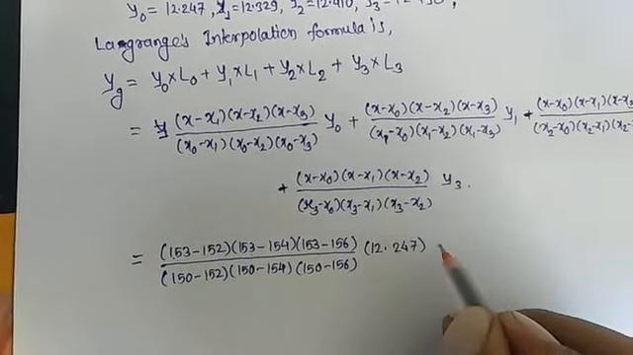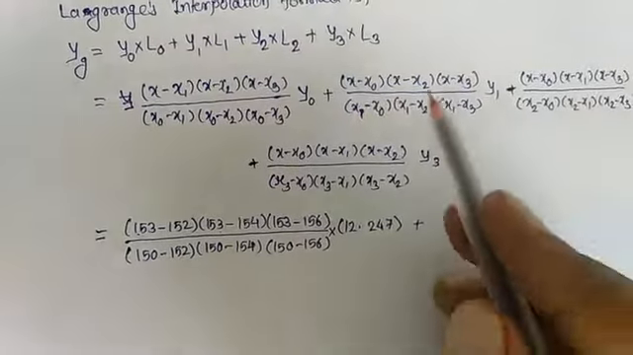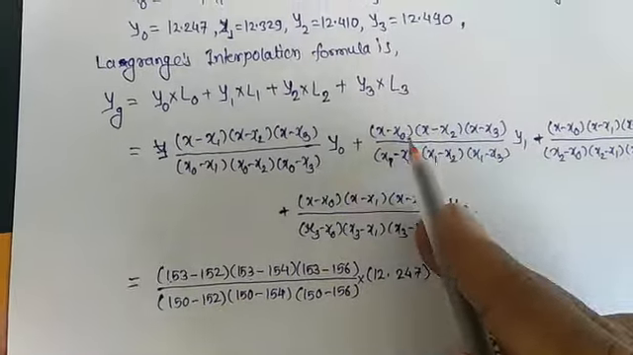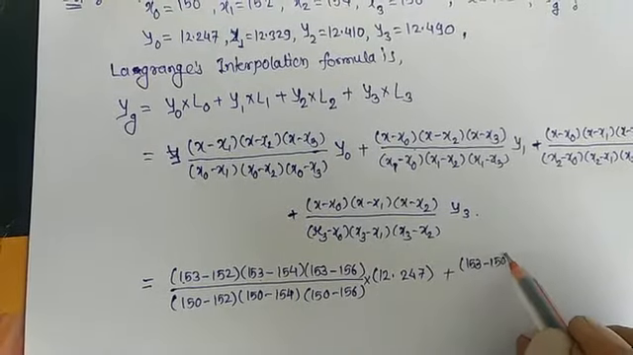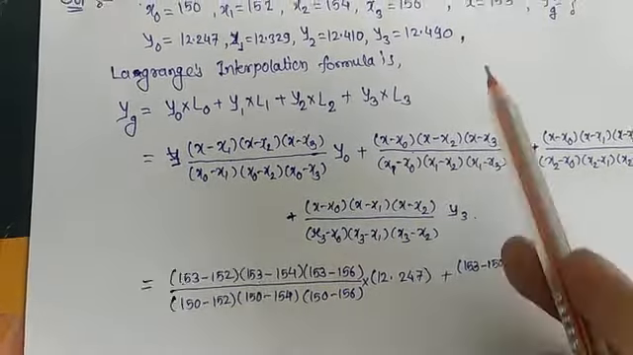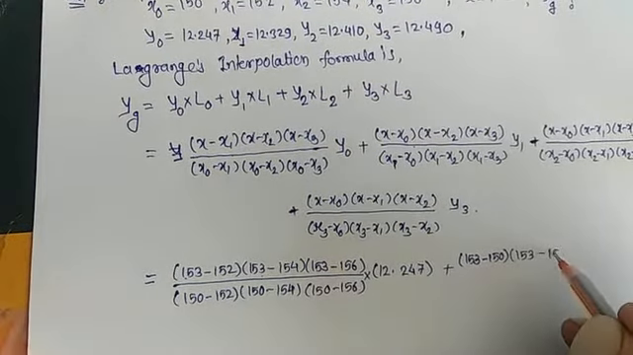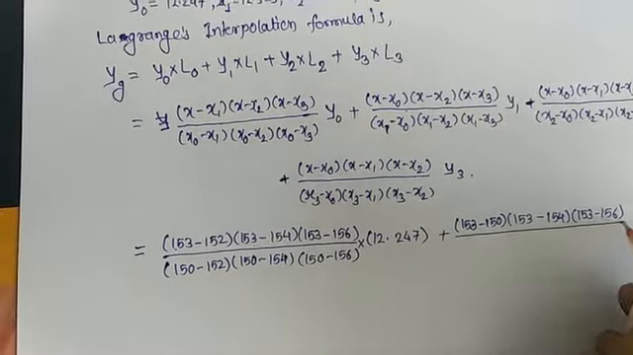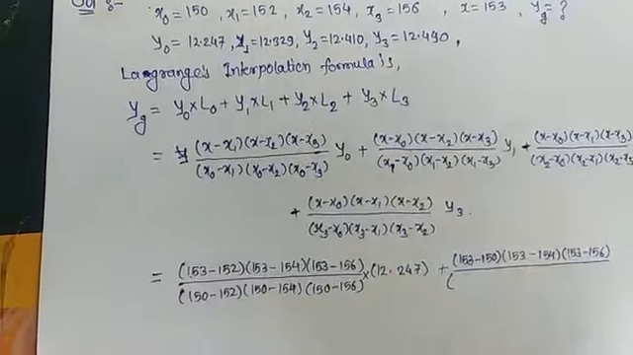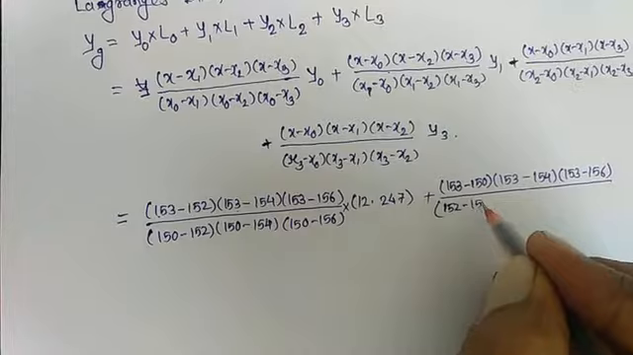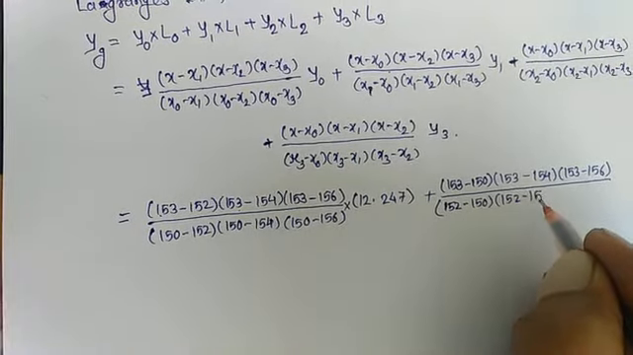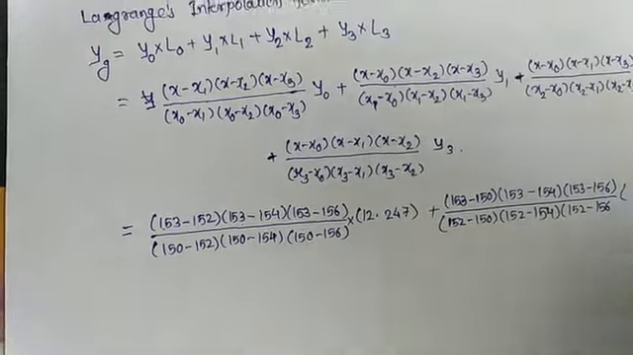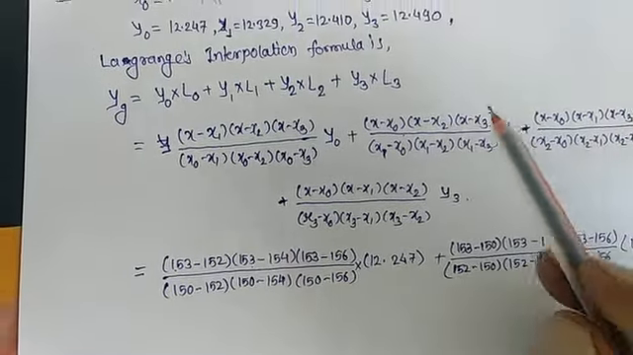12.247. So this is our first calculation here. Plus now second: x minus x0, our value of x is 153, so it is 153 minus x0 is 150, into 153 minus x2 is 154, and last 153 minus 156, divided by, now we have to subtract x1 which is 152, so it will be 152 minus 150, 152 minus 154 and 152 minus 156 into, what is the value of y1 here,